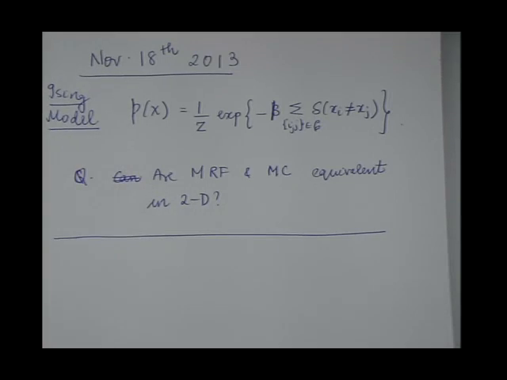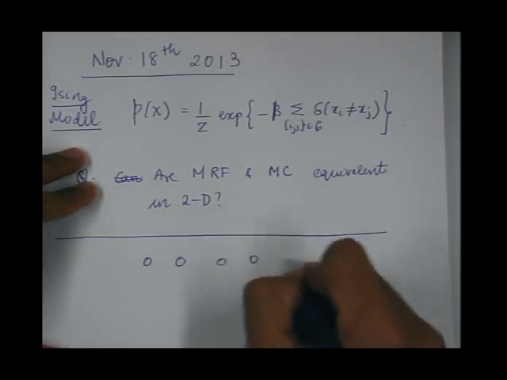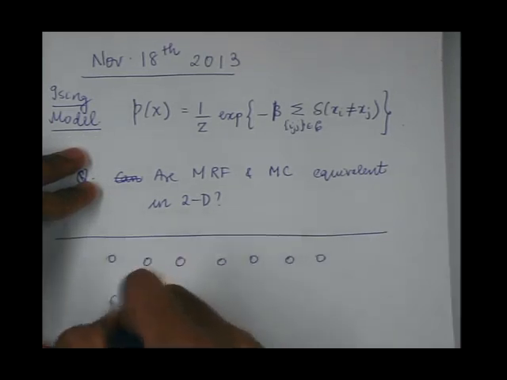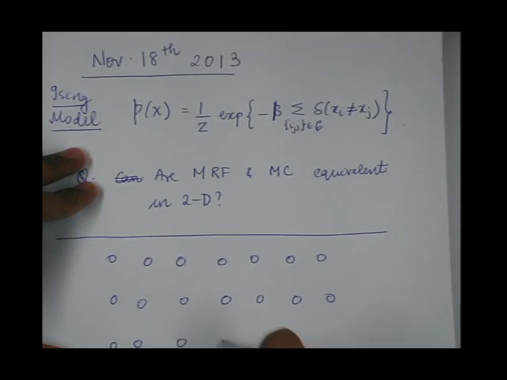The intuitive explanation for what a 2D Markov chain is, is that the conditional probability of a pixel given all the past pixels